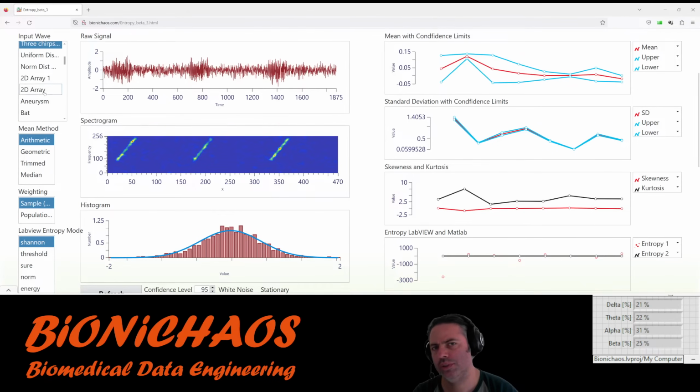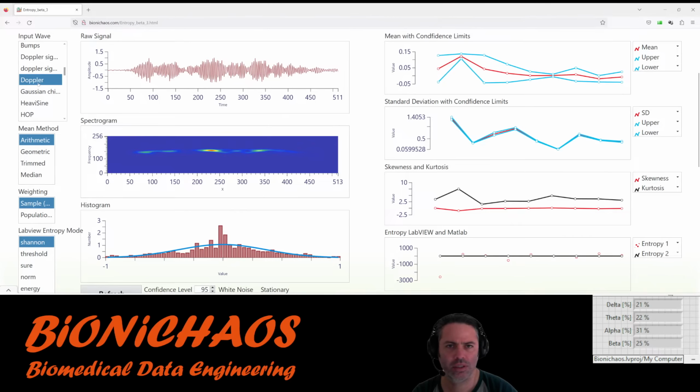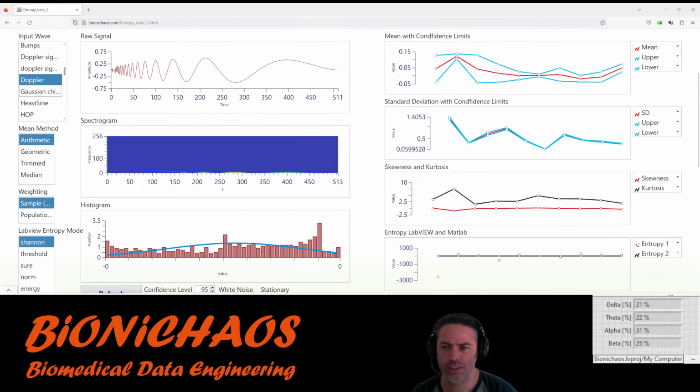So we had this tool here for a while on biomedical.com, but only now actually made a lot of improvements.